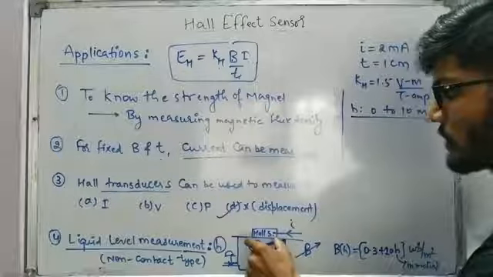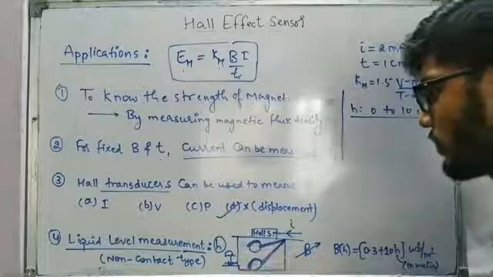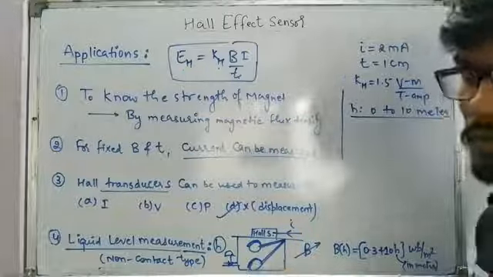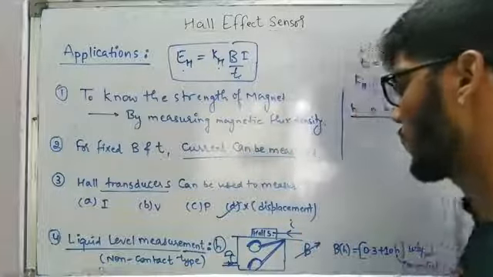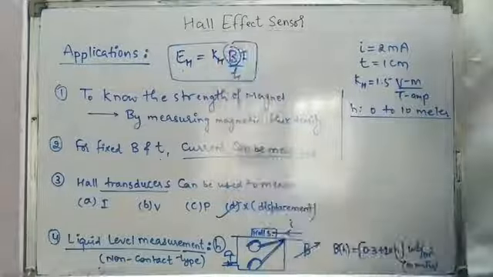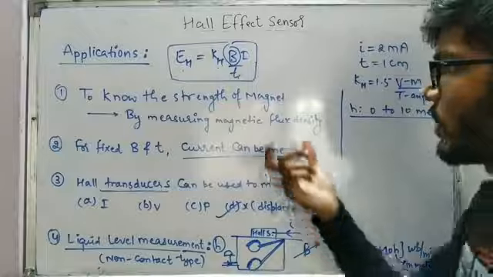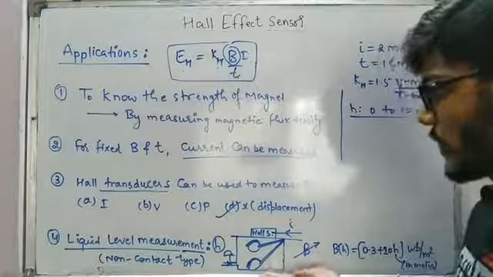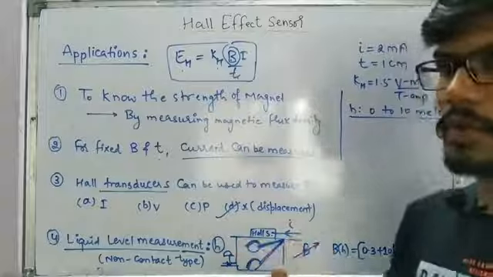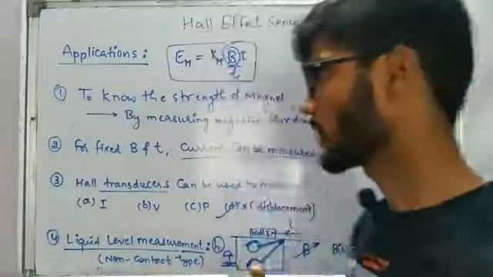So we have a Hall effect sensor, or Hall device, on the top of our tank, and one floating ball is there, and on top of that we have one magnet. What we are doing here is that B, the magnetic field strength, is the variable one. With the height, if we take this particular ball nearer to the Hall sensor, we are going to have more magnetic field strength, because